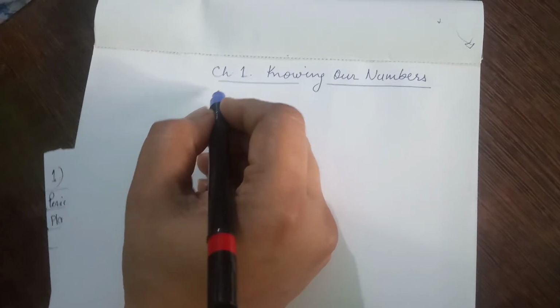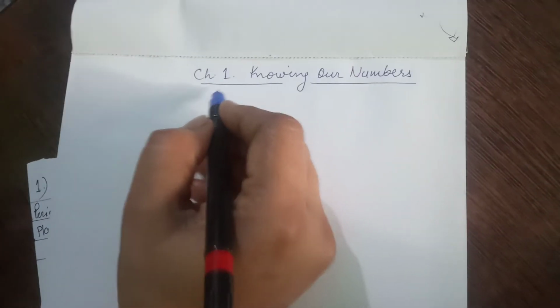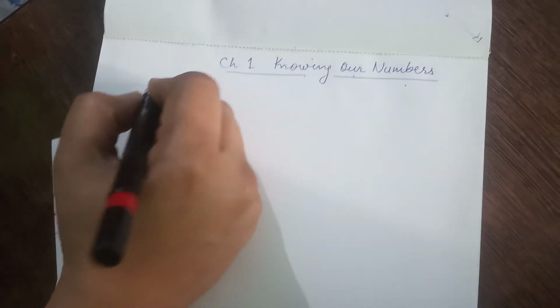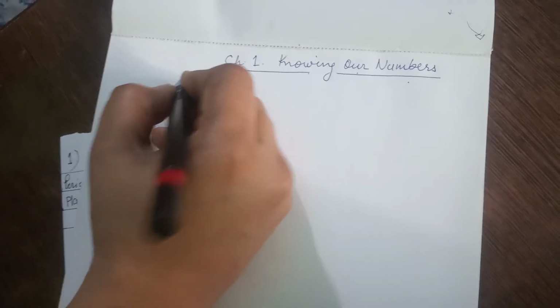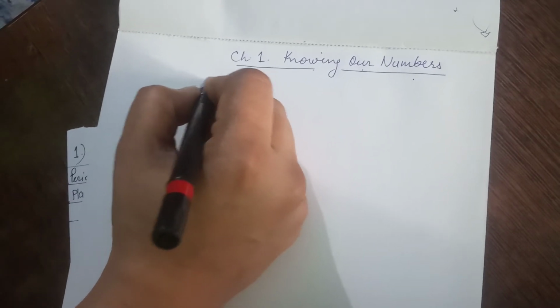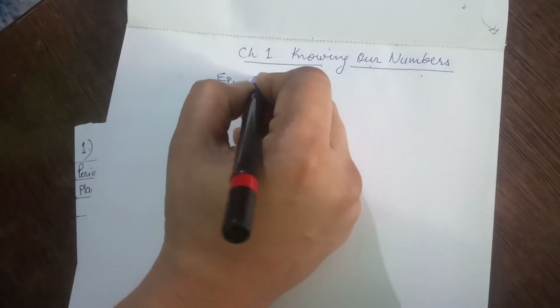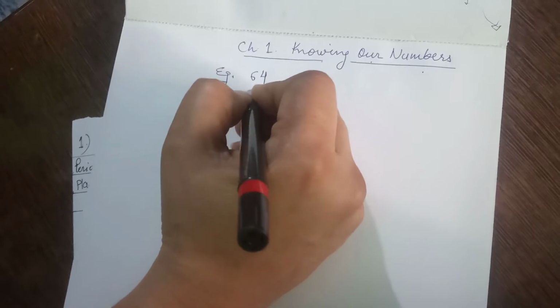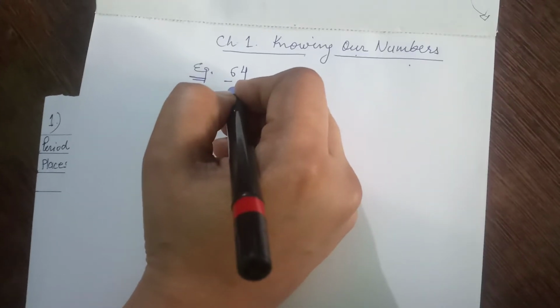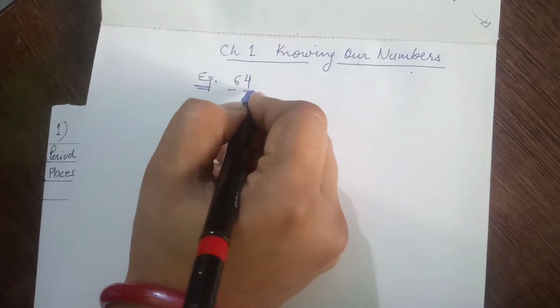I, Rashi Saxena, am going to take your maths learning session. Today, we are starting with chapter 1, Knowing Our Numbers. Children, you know what numbers are? Numbers are formed with the help of digits. Like we are taking an example 6, 4, 64. 6 is a digit and 4 is also a digit, and together they make a number